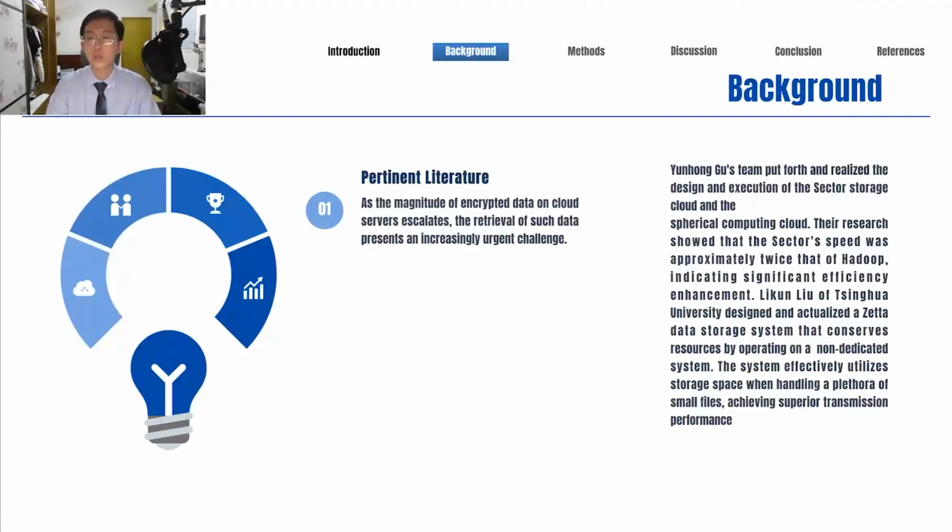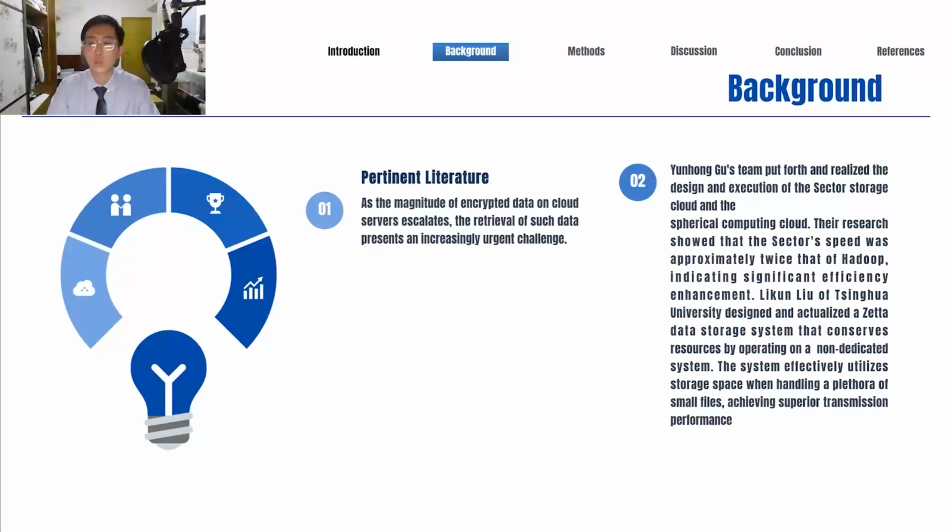Yun Hong's team put forth and realized the design and execution of the Sector storage cloud and the Sphere computing cloud. Their research showed that the Sector speed was approximately twice that of Hadoop, indicating significant efficiency enhancement. Li Kun Liu of Tsinghua University designed and actualized the Zeta data storage system that